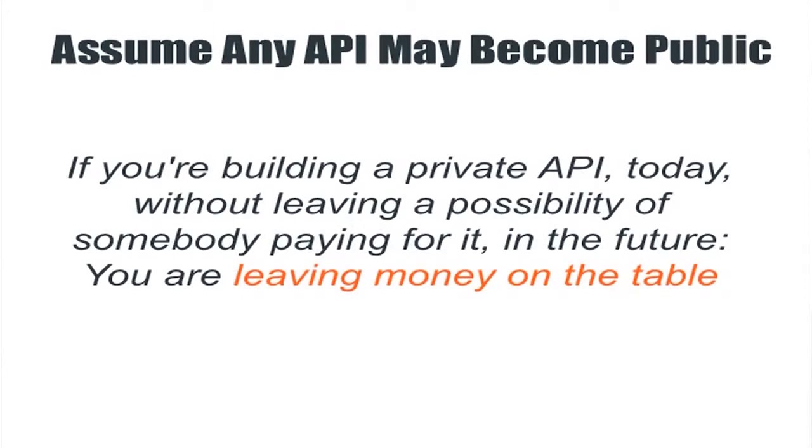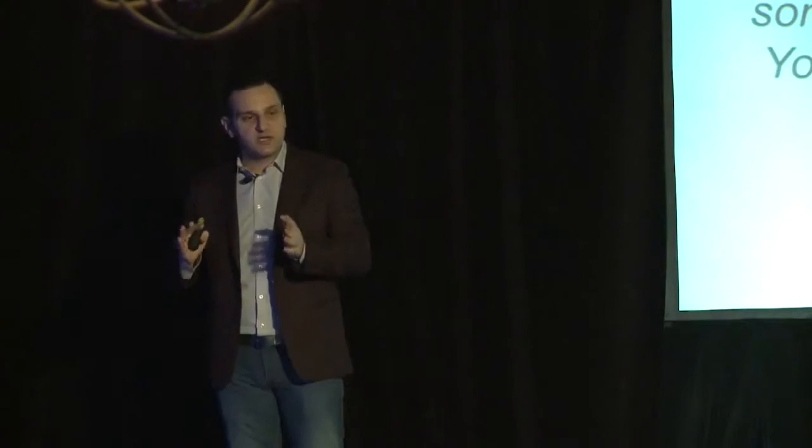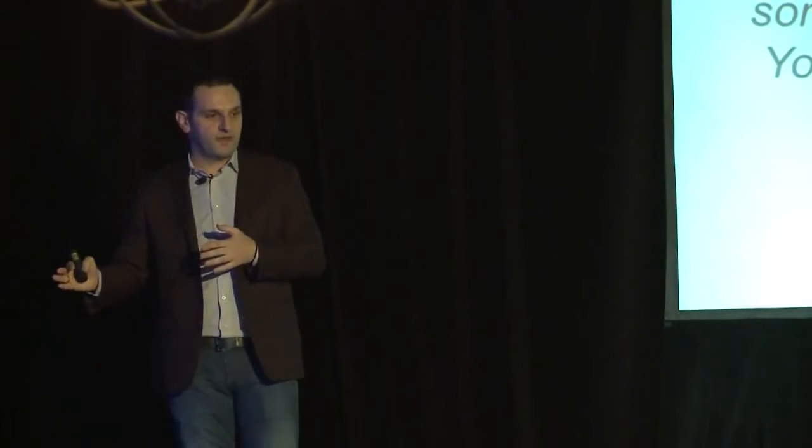A lot of times we think in these buckets of private API versus partner API versus public API. Very useful model, because private APIs give us some freedoms that public APIs don't, yada, yada, yada. So it's a good model, but it's just a model. What you don't want to be doing is you don't want to assume that just because your API is a private API right now, it's going to be private API forever. You don't want to be doing anything that would prevent your private API from becoming a public API tomorrow, right?